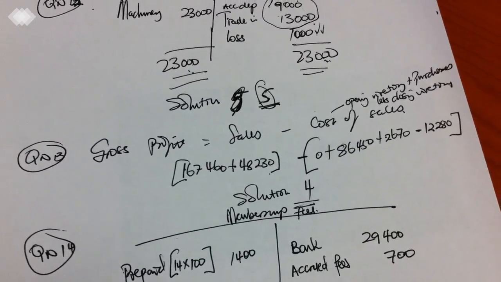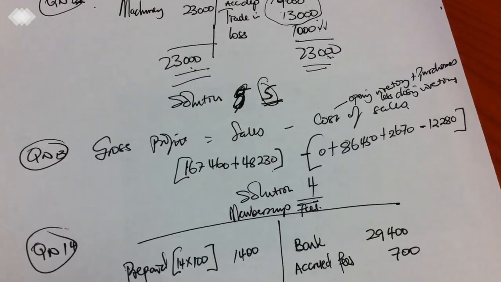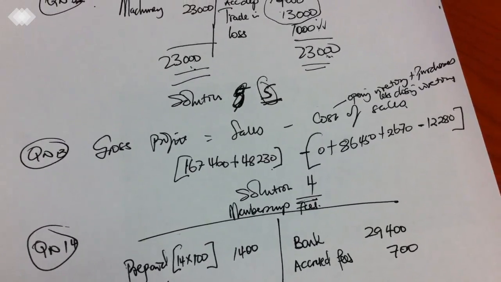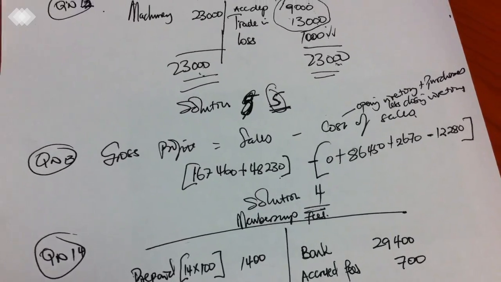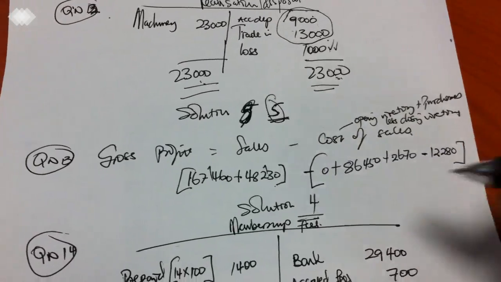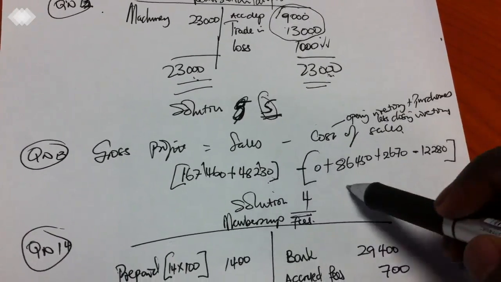So you need to add the trade receivables, because these are sales that are done and people are not paying immediately. They'll pay in the following month or months after. So we're adding cash sales plus credit sales to get the net sales